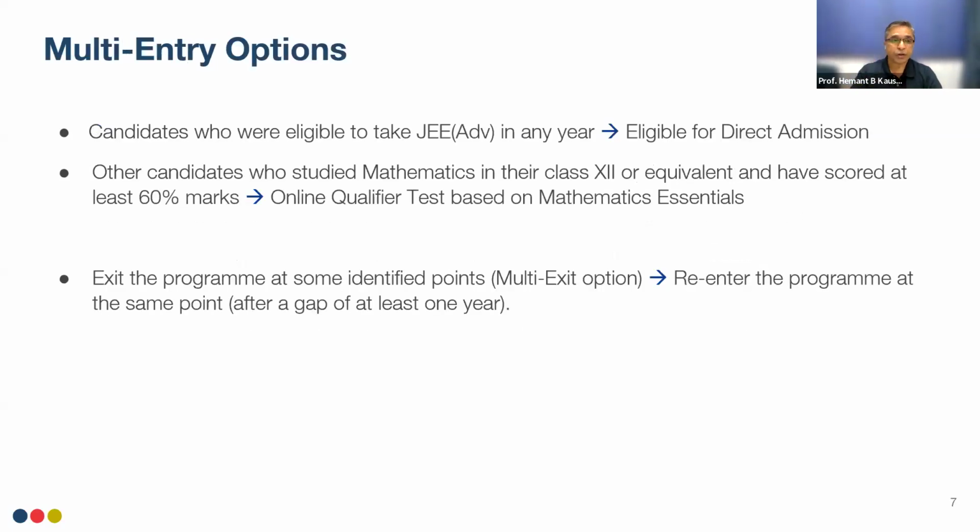There are 2 entry options for the candidates. If you have taken JEE Main and your JEE Main score is such that you are eligible to take JEE Advanced in any year, any time in your life, then we will directly admit you. There will not be any test. Other candidates who have not taken JEE Main or who have not been eligible to write JEE Advanced, they can also